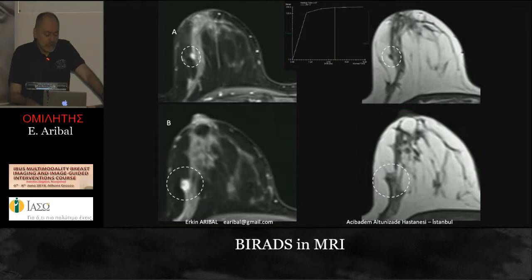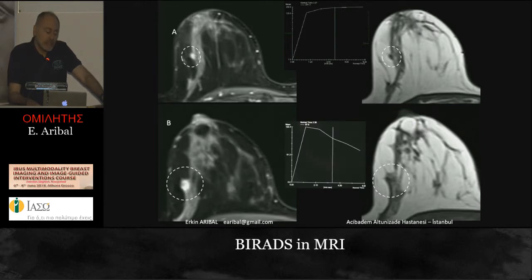And this other one looks like a speculated mass, but we have some dark septations inside, but the contrast enhancement is type 3, which is an initial rise and then a washout. So the second lesion looks more malignant than the first lesion, but you must